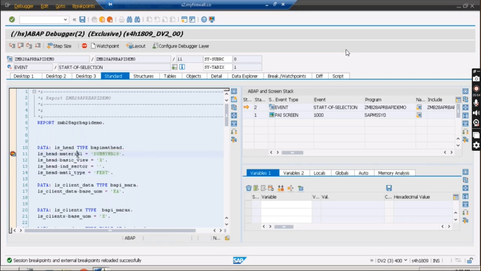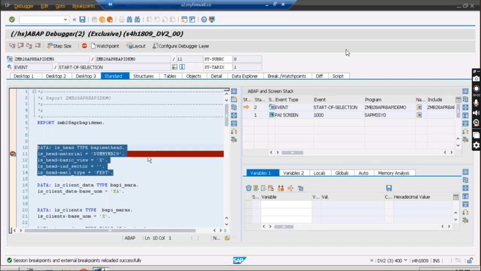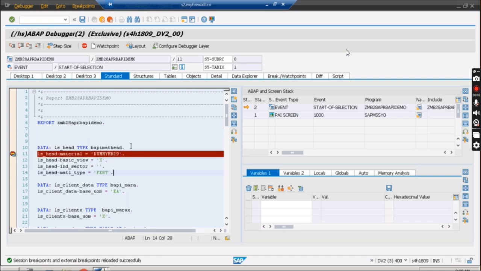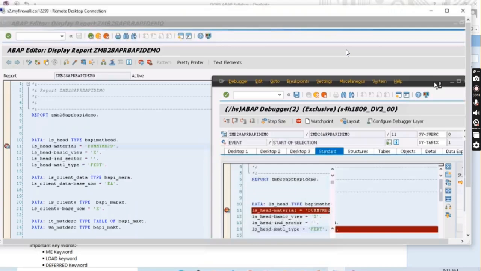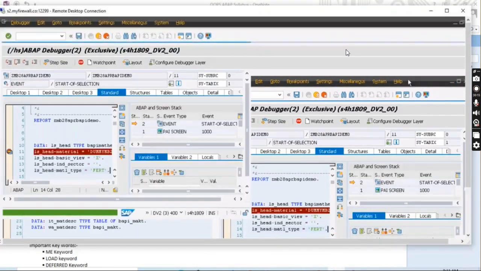Now that your debugger is triggered, you can put the dynamic breakpoint. A dynamic breakpoint can be put inside the debugging session only. You cannot put it outside the debugging session.